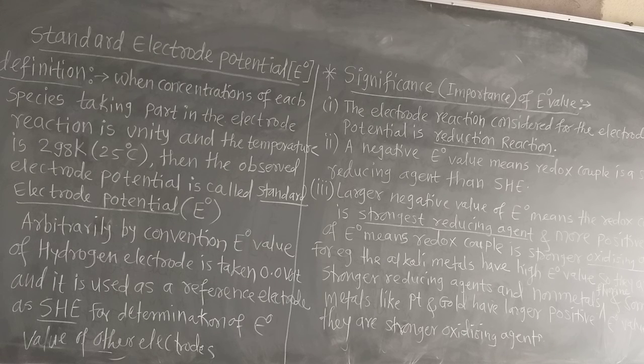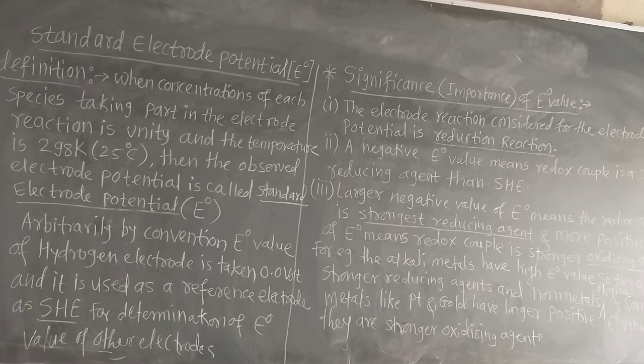When the concentration of each species taking part in the electrode reaction is unity and the temperature is about 298 Kelvin, that is 25 degrees centigrade, then the observed potential of that electrode is called the standard electrode